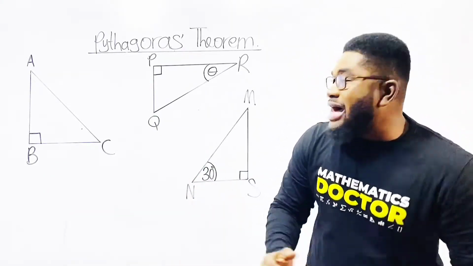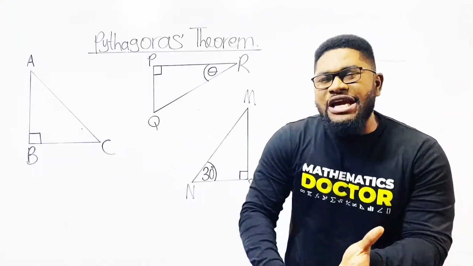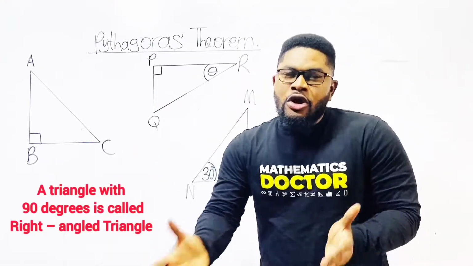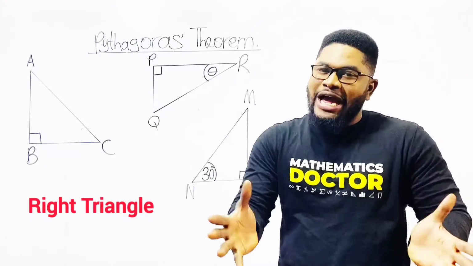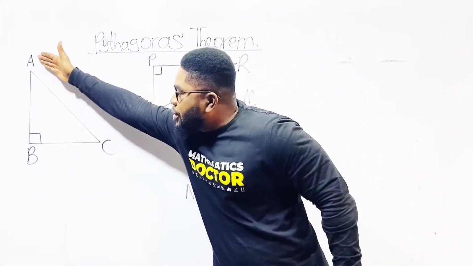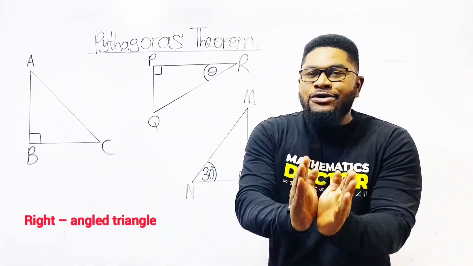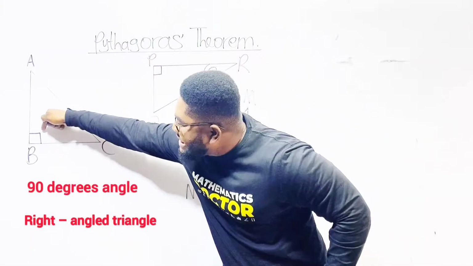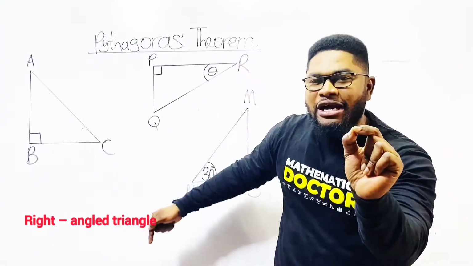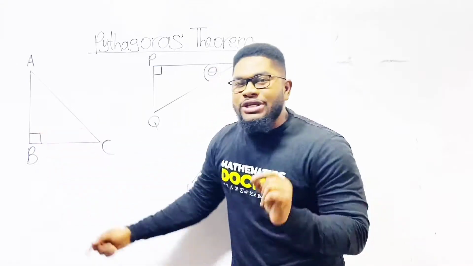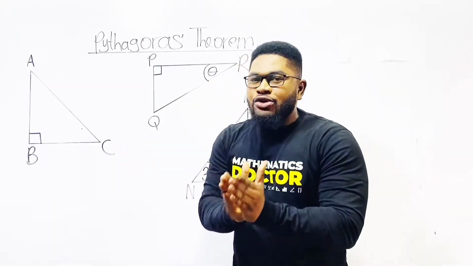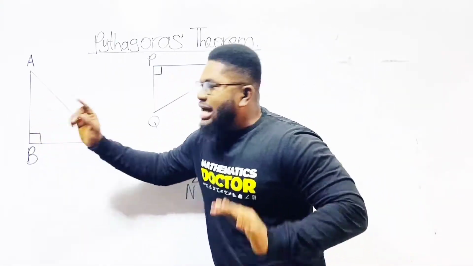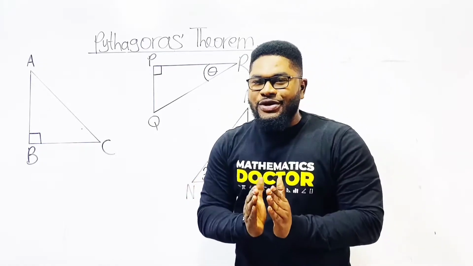So if a triangle has 90 degrees within it, it becomes a right angle triangle, also referred to as the right triangle. So look at this diagram. The triangle ABC is a right angle triangle because there is a 90 degrees angle within the triangle. And this is a right angle. So it has made this entire triangle a right angle triangle. 1, 2, 3 angles are there with one of them as 90 degrees,